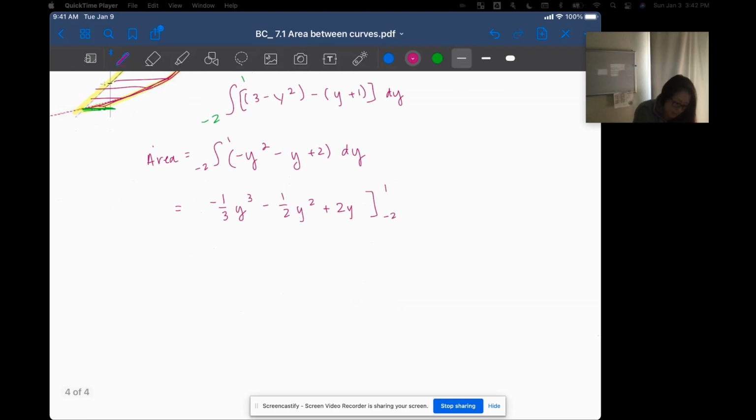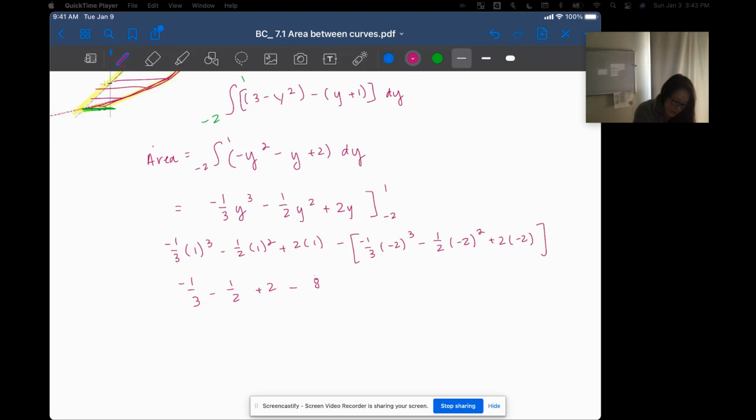Then we plug in negative 1/3 times 1 cubed minus 1/2 times 1 squared plus 2 times 1, and then subtracting out negative 1/3 times -2 cubed minus 1/2 times -2 squared plus 2 times -2. I have to be so careful. All right. And we get negative 1/3 minus 1/2 plus 2